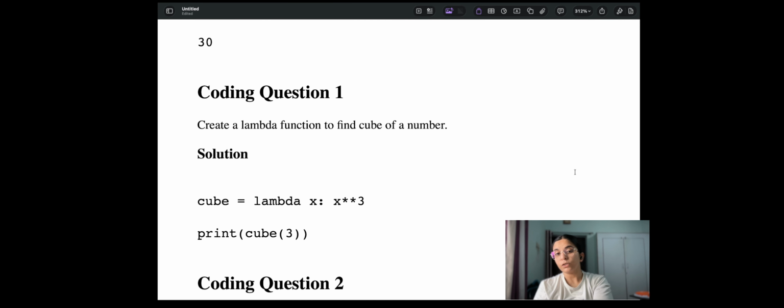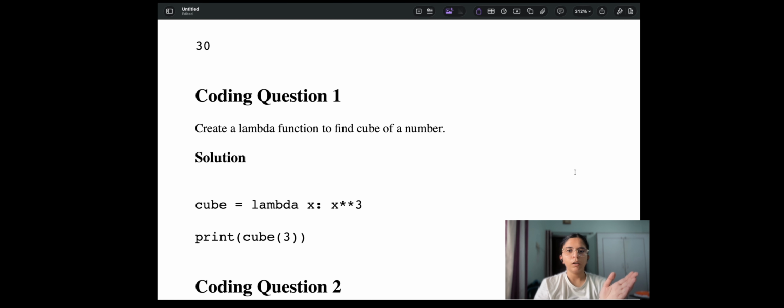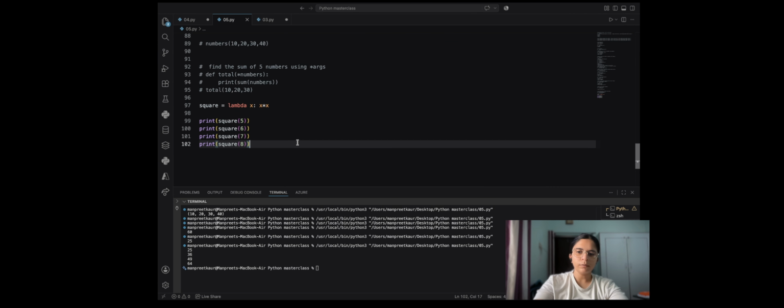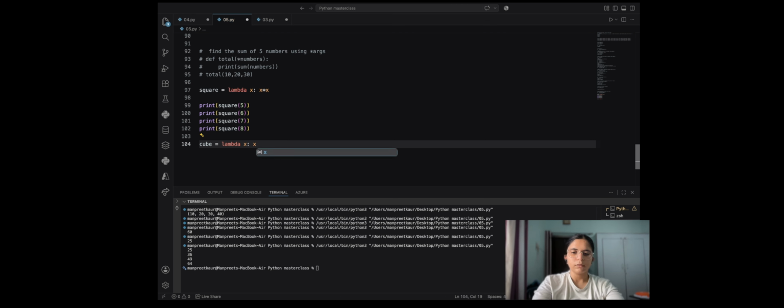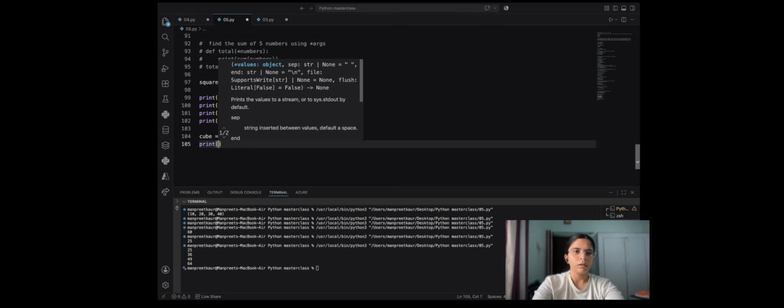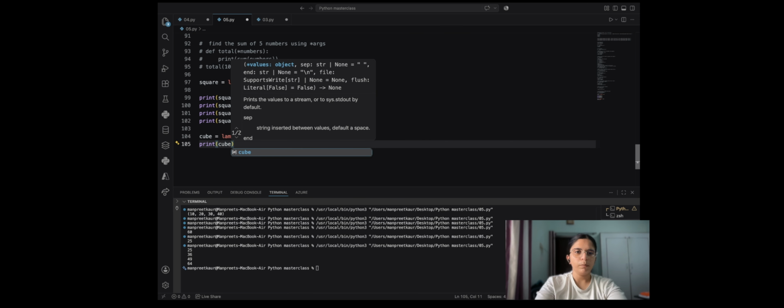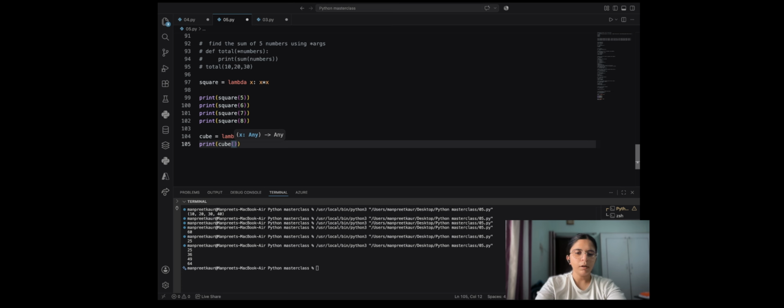Now create a lambda function to find the cube of a number. Now I'm going to perform this question. Cube is equal to lambda x, x to the power 3. Now print the cube of which number? 1. The cube of 1 will be 1.